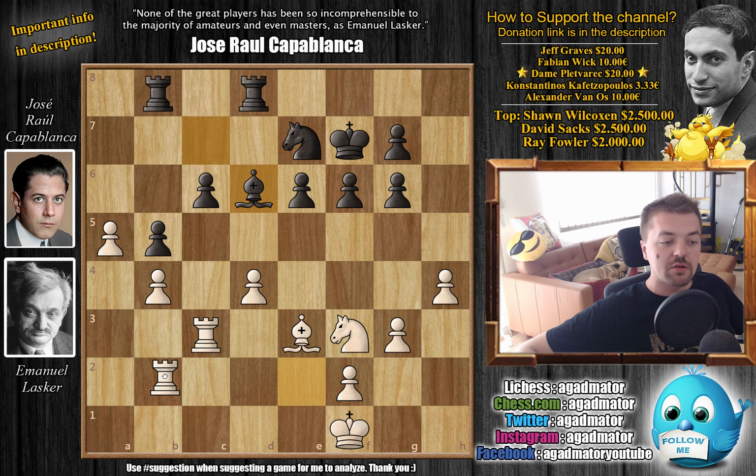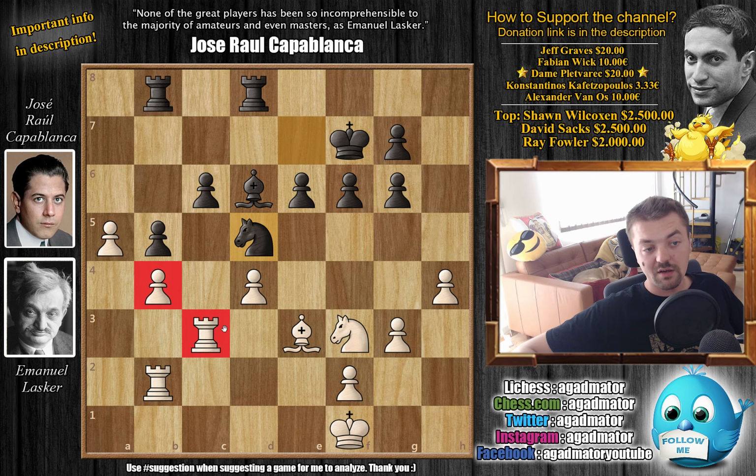Because if you play something like rook to b2, then the knight comes to d5 with a double attack against the pawn and on the rook, and now you can go into some rook captures on c6, bishop captures on b4 ideas, but it's black who's really...